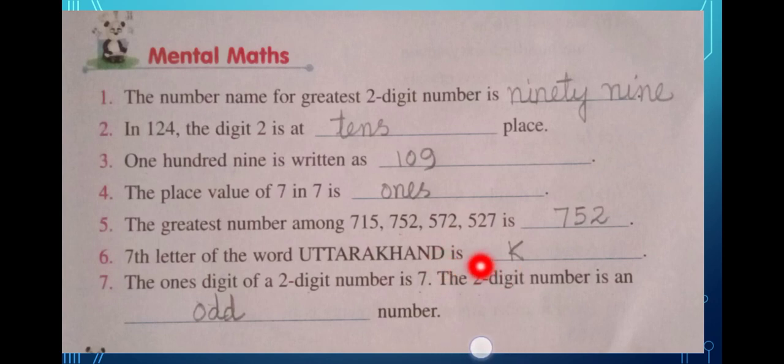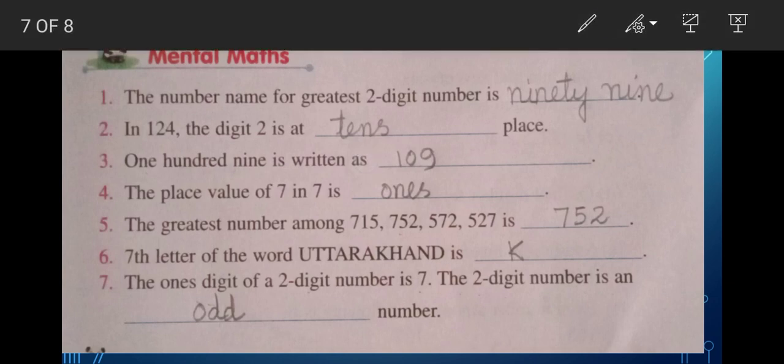Okay, so the 2-digit number is what? 7 is an odd number or even number? Yes, 7 is an odd number. So that 2-digit number will be an odd number. Okay, so at first you write it down in the textbook mental maths, then afterwards you have to copy it down in your copy. All right,